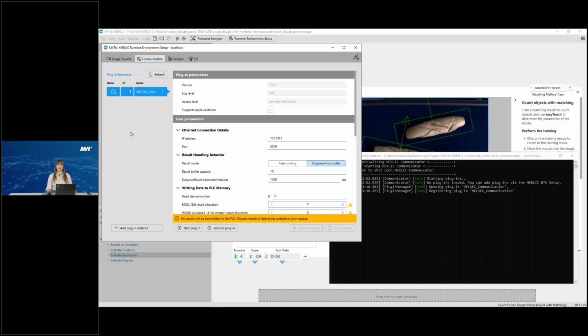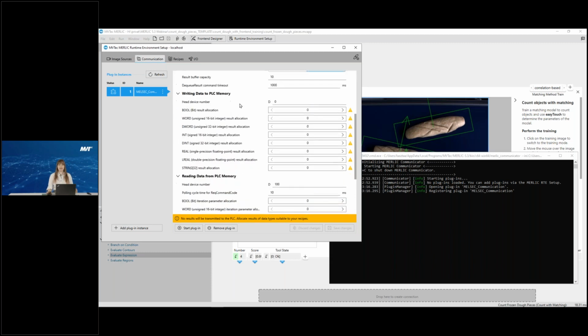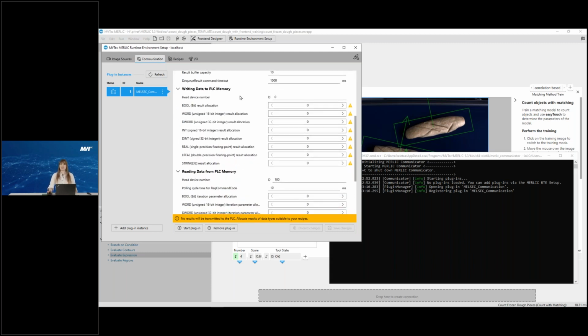Unfortunately, for this webinar, we don't have the resources in order to do that, but if you are using a Mitsubishi PLC, we actually encourage you to use this MERLIC communication plugin in order to communicate with your PLC. In order to use this, you need to set an IP address, a port. You can also set some result handling behavior. And what is very important is that you need to actually allocate memory for the data that you want to